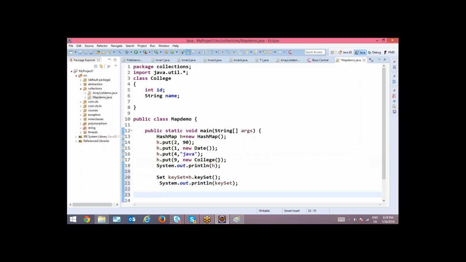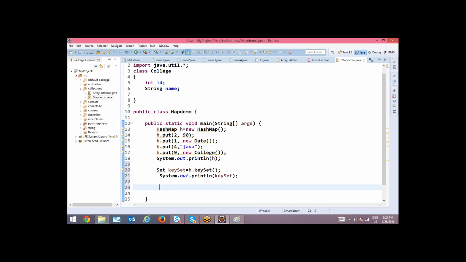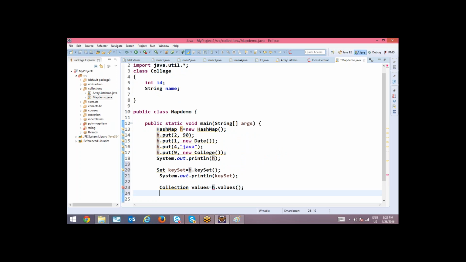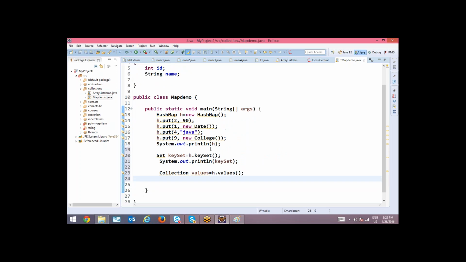Now you want to get all the objects, the right side things. These are all keys, these are all values, right? Now you want to get values. So to get values, you are going to get into a collection equal to h dot values, which is a method that will give you all the values. Now you can print values.